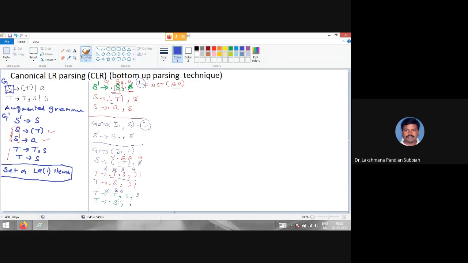Instead of expanding further, you put the comma here itself. So now you remove that one.